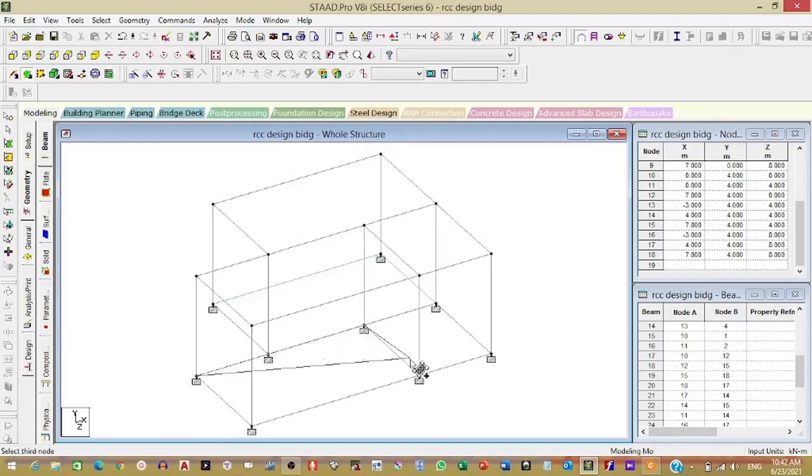Just click, you don't need to keep it clicked. Click on one node, then drag, then click on another node. This way you complete it. And after every command you use, press the escape key. Escape means you are free from others, your cursor will be free.